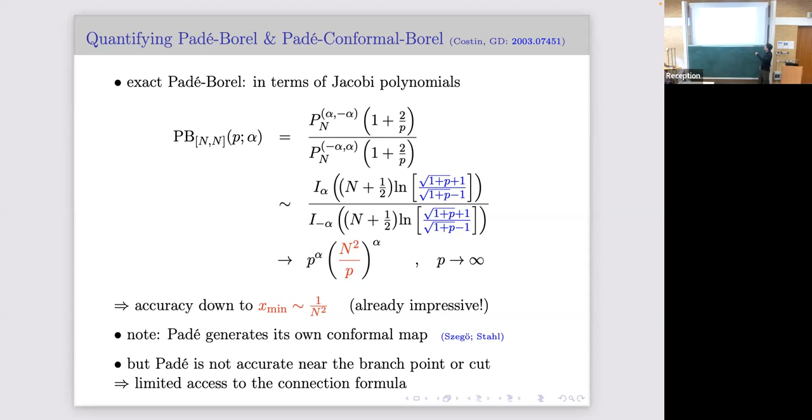And this function here in blue is exactly the conformal map variable. As n goes to infinity, Padé actually generates its own conformal map. The catch is, in simple situations like this, where we're just along the line, it's no problem. But if you have singularities like that, which happens very often in physical applications, similar also at infinity, which is very often the case, it just makes curved arcs of poles.